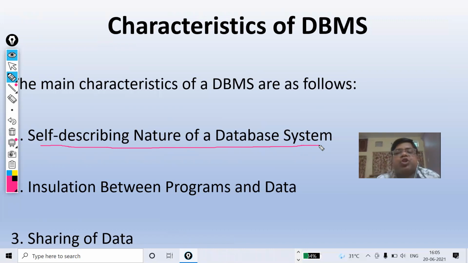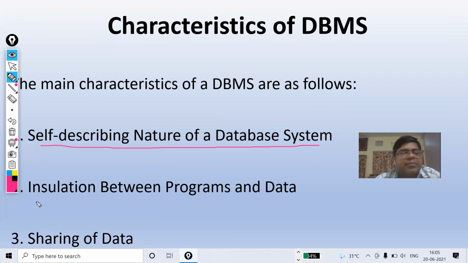This description of data is called metadata. Metadata is stored in a database catalog or the data dictionary. It contains the structure of the data and also the constraints that are imposed on the data, my dear.